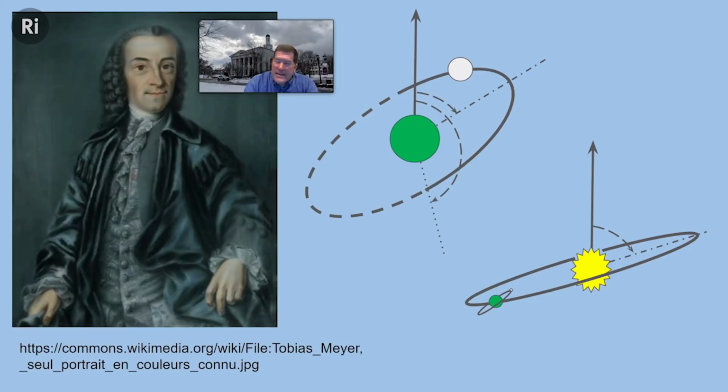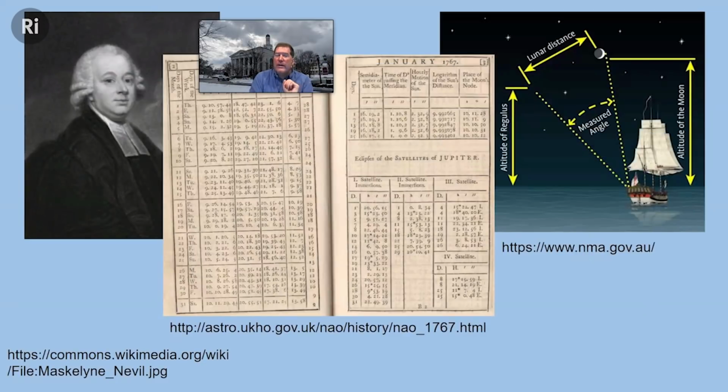Meyer works all this out. The tables he produces are still a little too complicated for ordinary seamen to be able to use to find longitude. So they're converted into a more user-friendly form by the Astronomer Royal, Neville Maskelyne, who produces these nautical almanacs, right? And you can see, these are tables of what is the position of, in this case, these particular pages